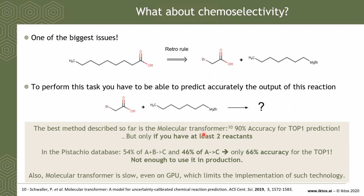Today, AlphaFold demonstrated that the best way to do that is the molecular transformer, and it claims that you have a 90% accuracy for the top one prediction, and this is actually true, but only if you have two reactants, or at least two reactants on this part of the reaction. If you have only one reactant, the accuracy dramatically drops. And in the Pistachio database, for instance, we have half multi-component reactions, half mono-reactant reactions, and in that case, we have a 66% accuracy of the top one prediction. So we cannot use this